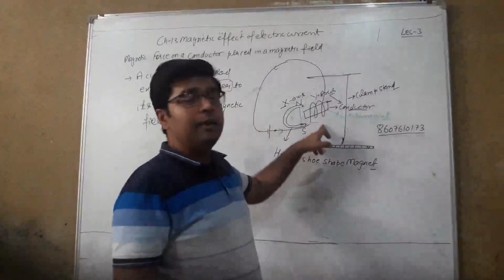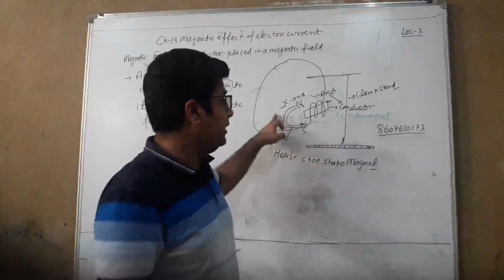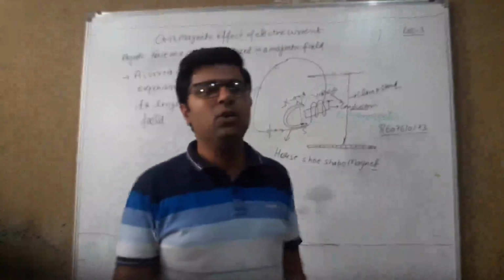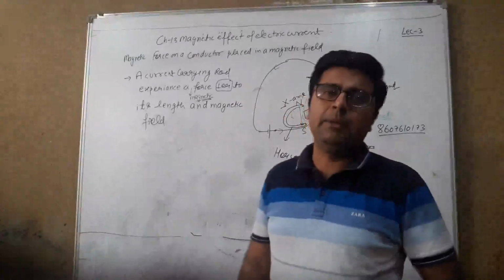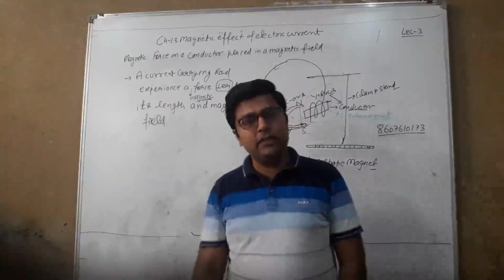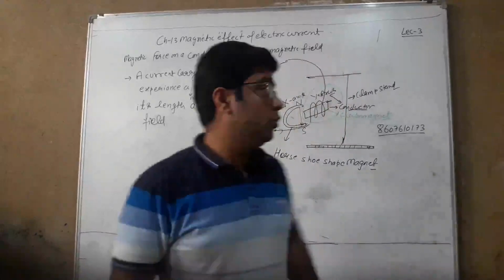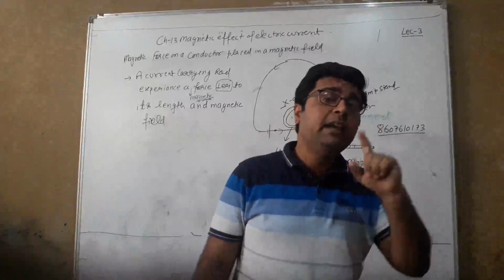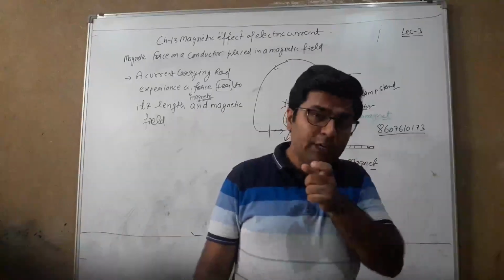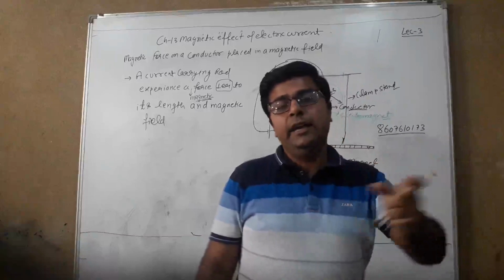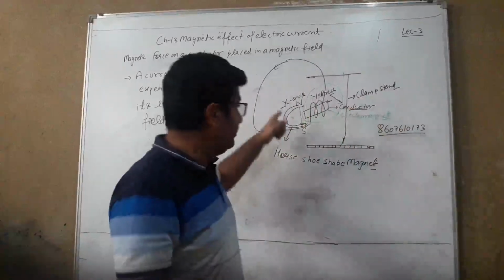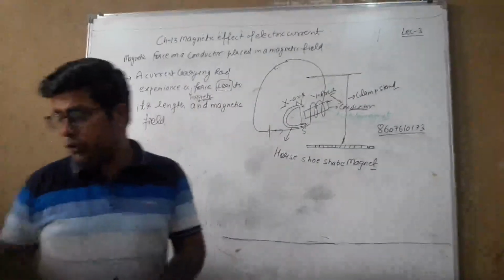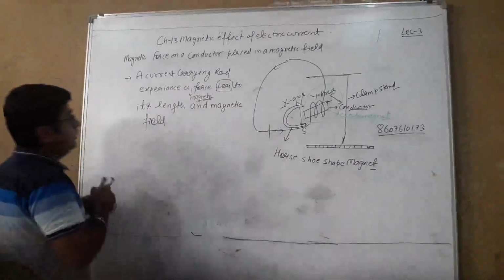So we have magnet number 1, that is the conductor, and magnet number 2, the horseshoe-shaped magnet. It is very well known to us that whenever two magnets are placed close to each other, they either attract or repel. That magnetic force, attractive or repulsive, acts in a direction perpendicular to the length of the conductor and perpendicular to the direction of the magnetic field. To find that direction, we are going to use Fleming's